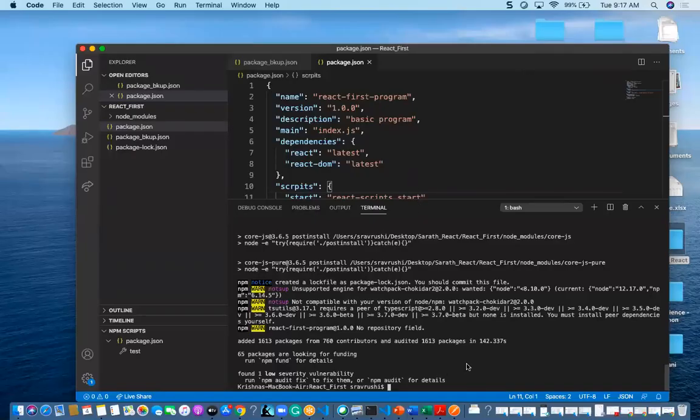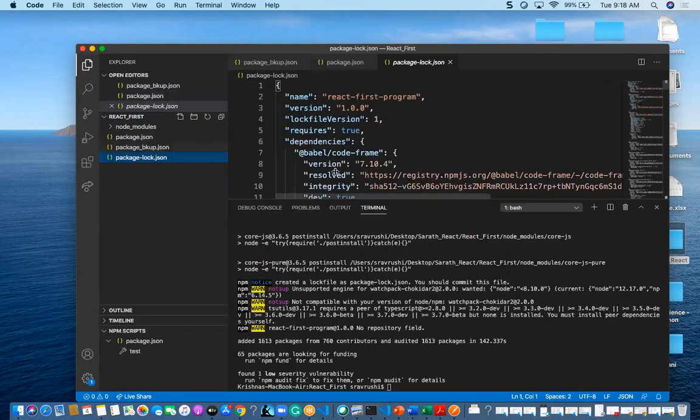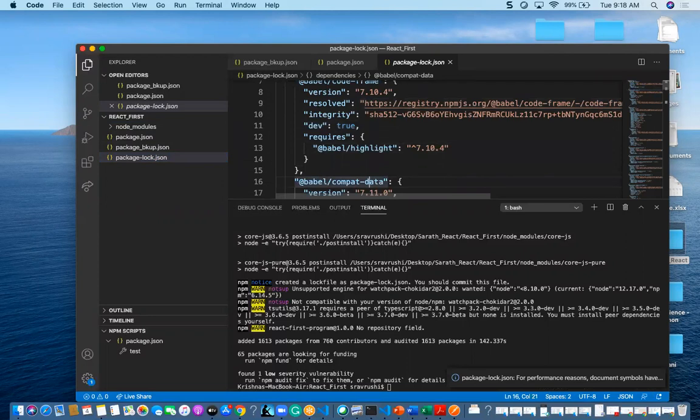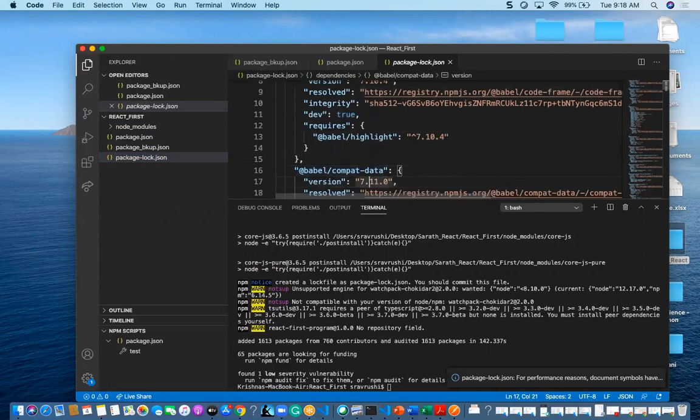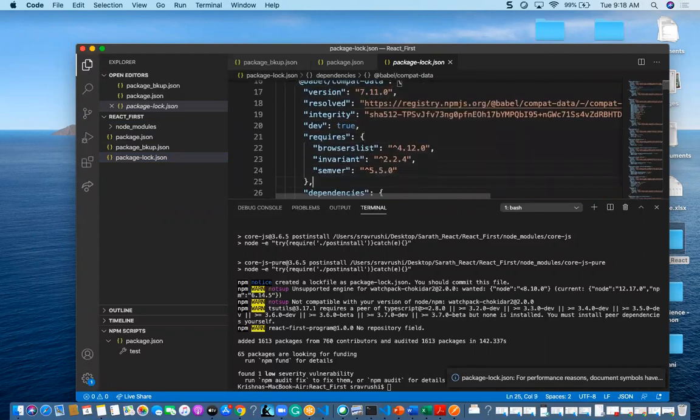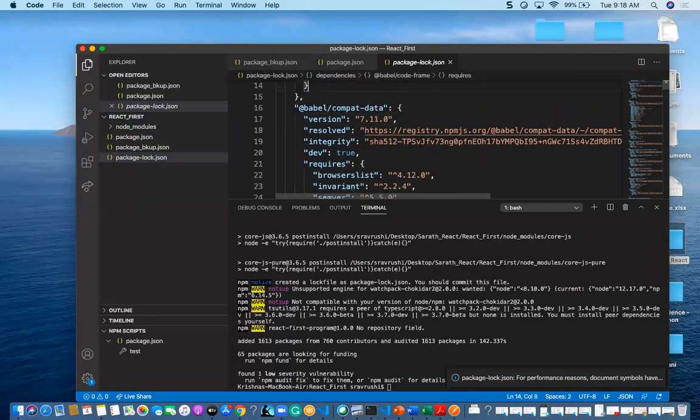Now you can find the dependencies are installed in my application. You are finding React and also React DOM. If you open here, there is one more file, package-lock.json, which will tell the versions, the dependencies, and whether it is development or not. These are all the dependencies installed in your application.